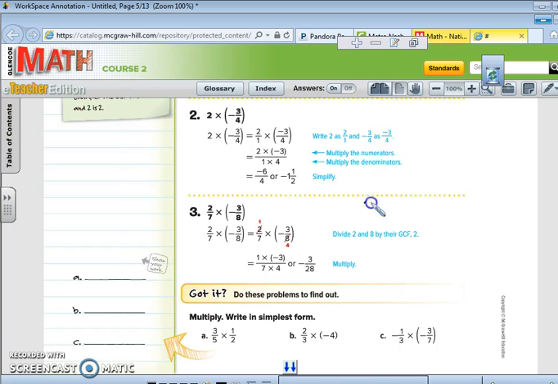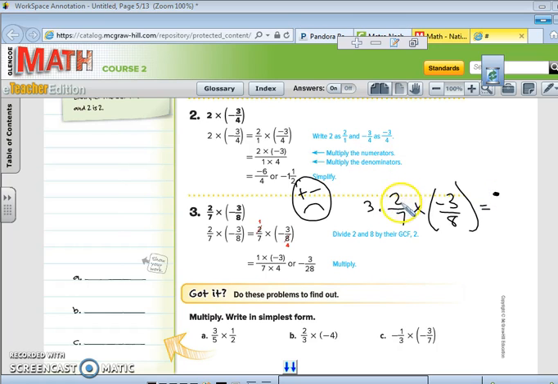On number 3, same rule as before, positive times negative equals a negative. So I'm going to go ahead and write out the problem, as you should do on your notebook paper as well. And I'm going to go ahead and stick the negative in the answer so I don't forget. So on this one, again, straight across, 2 times -3 is -6. 7 times 8 is